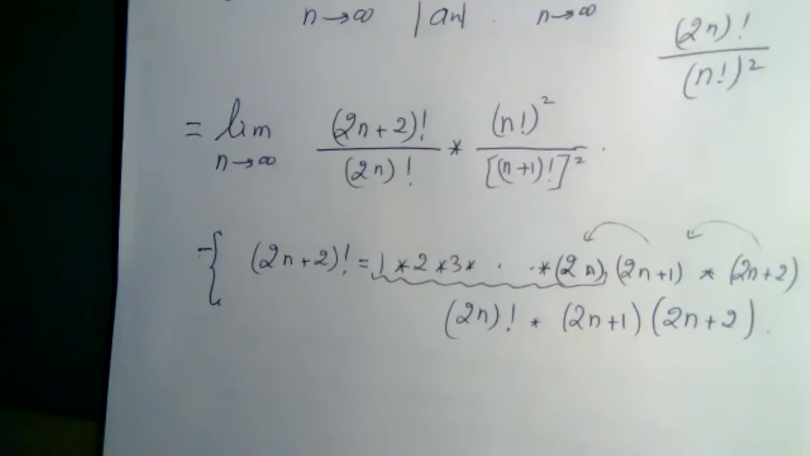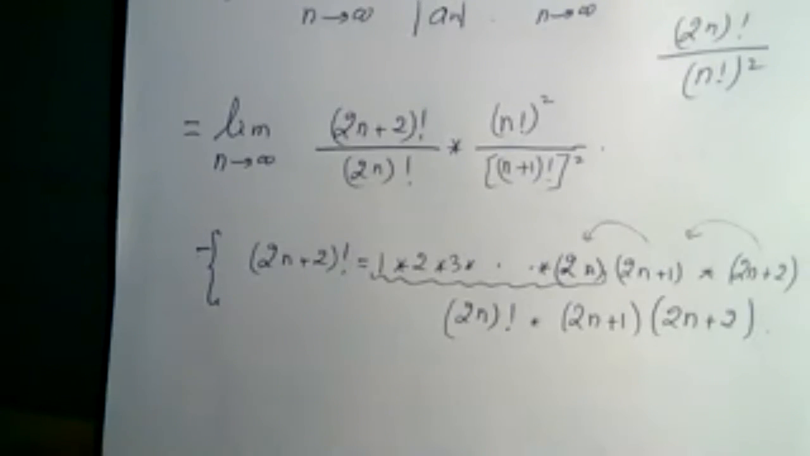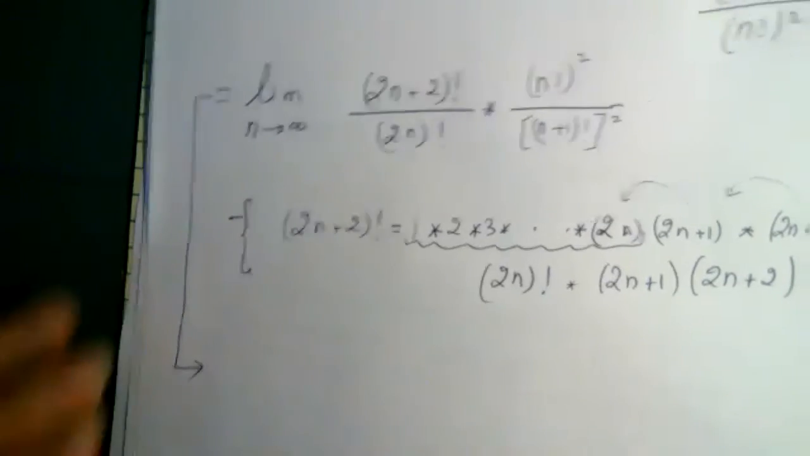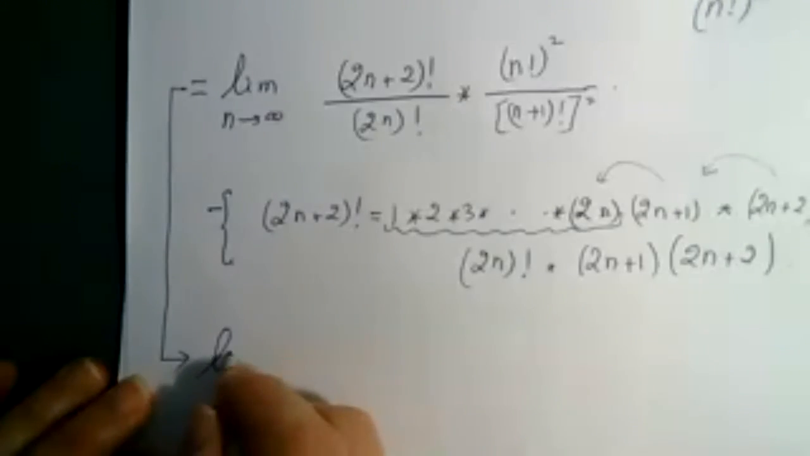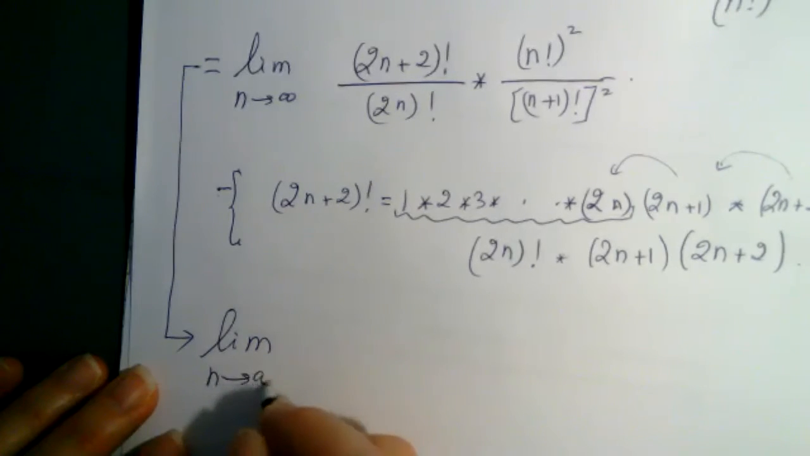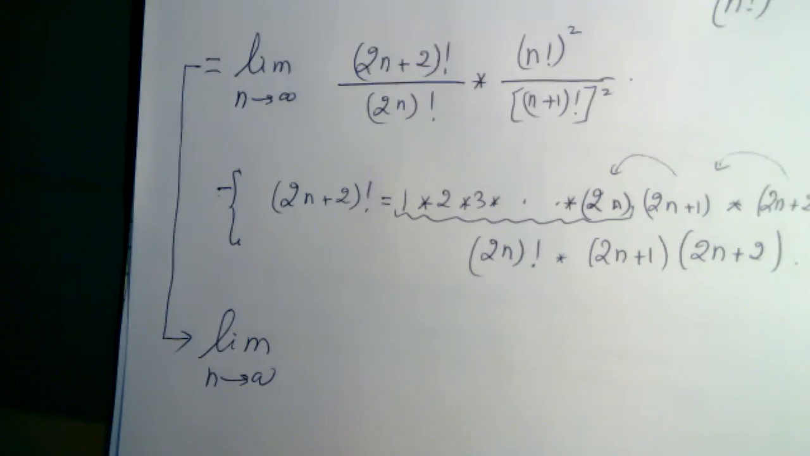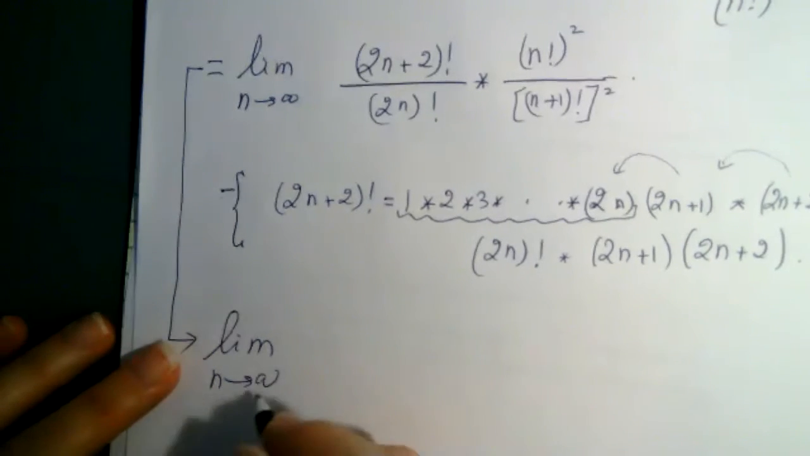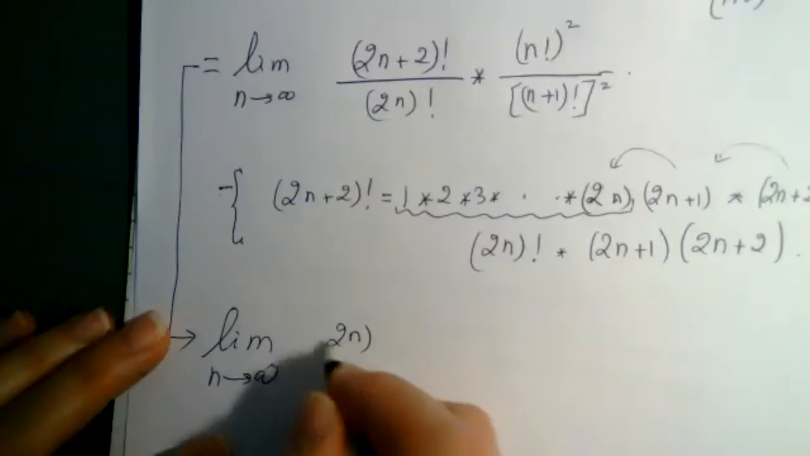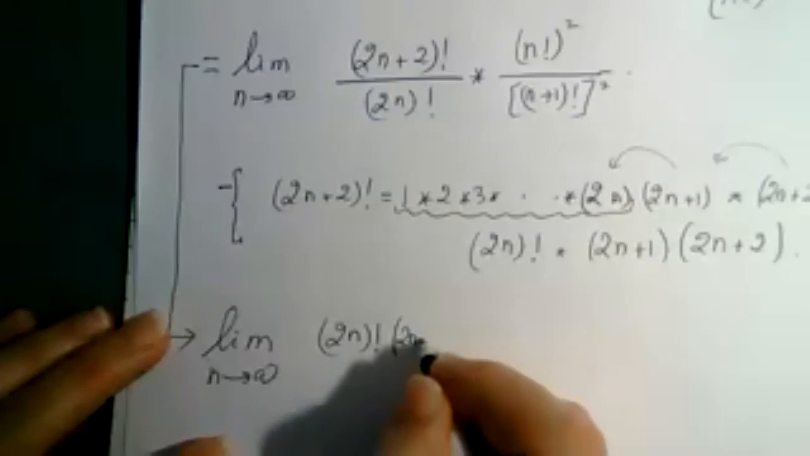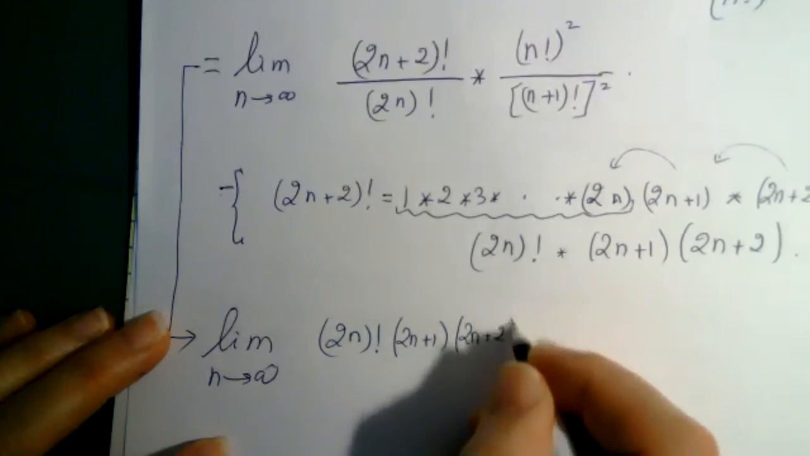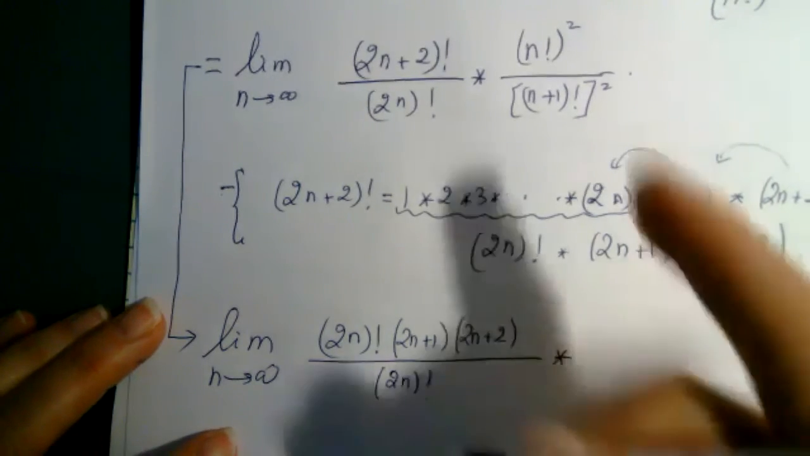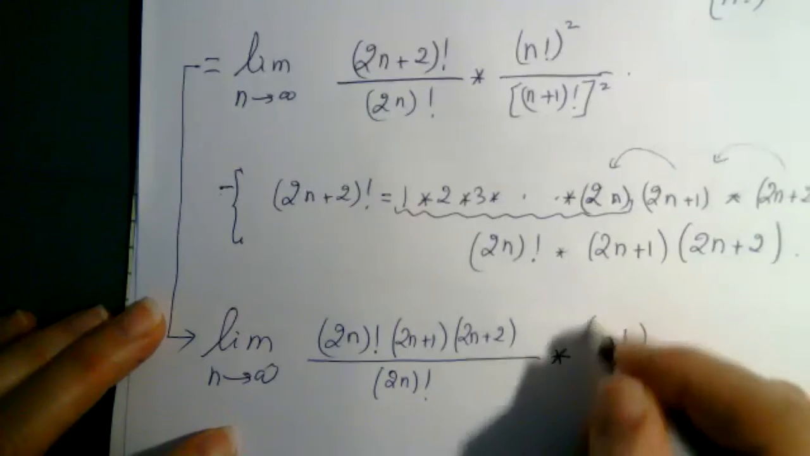All right. So now let us go back and connect everything. This is the explanation of that. So this is going to become the limit as n goes to infinity of the following. This is page 4. Okay, 2n plus 2 factorial is going to become the quantity 2n factorial times 2n plus 1 times 2n plus 2, over the quantity 2n factorial. Now things are becoming simpler, times n factorial squared, which means n factorial times n factorial,